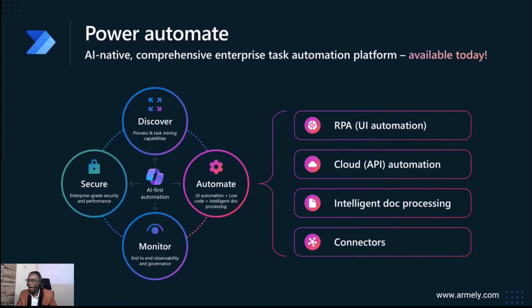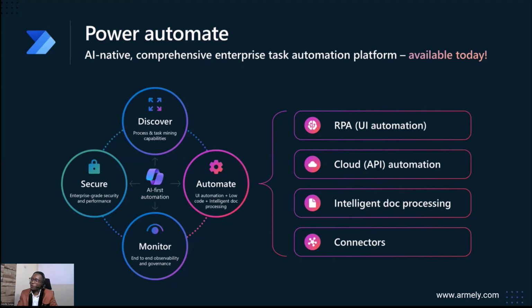When you talk of automation, we have these four here. RPA is the UI automation, robotic process automation, and this is what we do using Power Automate Desktop. This is where you just record clicks and actions that you want to do, and the system imitates what you're doing and does it on its own. It takes over your screen and proceeds with the actions that you introduced to it. And we have unattended and attended RPA.